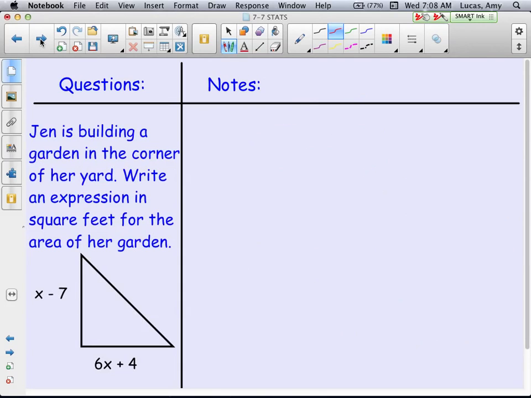Next, we have a couple of geometry applications. Jen is building a garden in the corner of her yard. Write an expression in square feet for the area of her garden. The area of her garden, because her garden is a triangle, is going to be base times height divided by